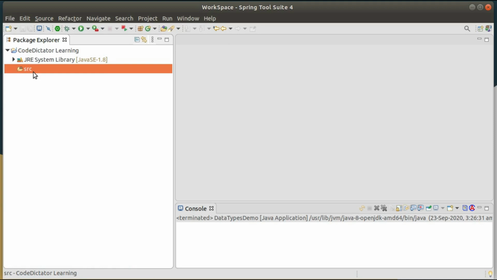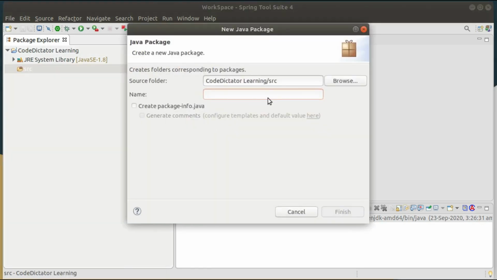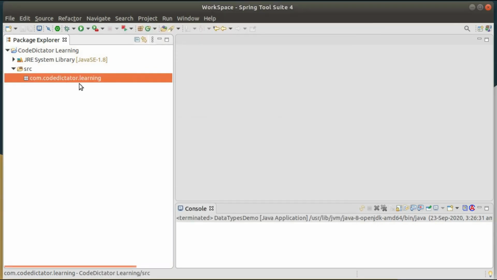First of all we are going to create a package. Right click on your source, click new, and here you will get an option for package. Write down the package name, com.codedictator.learning, and then hit the finish button. The empty package is created.